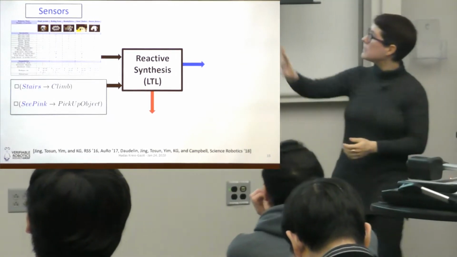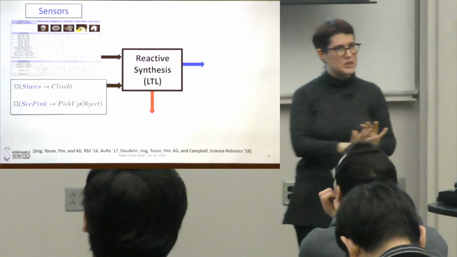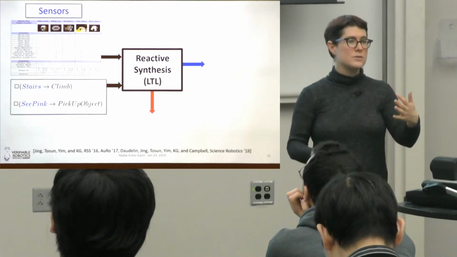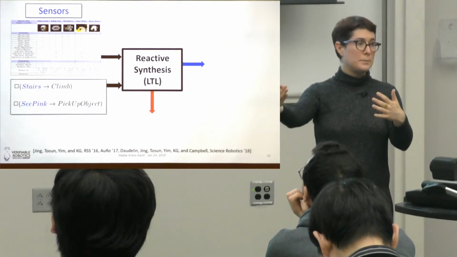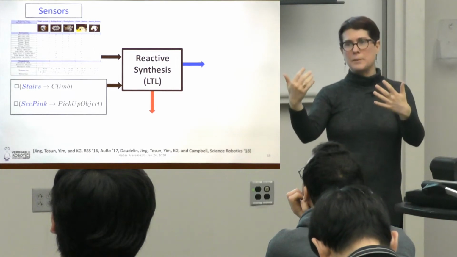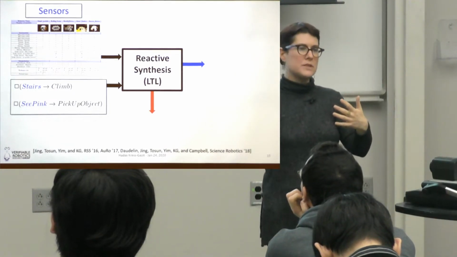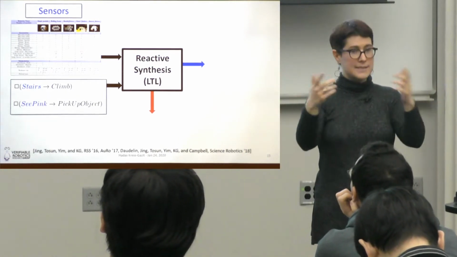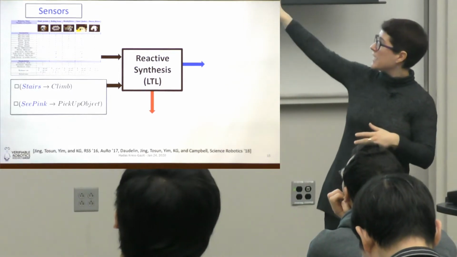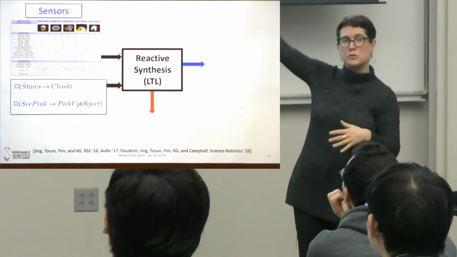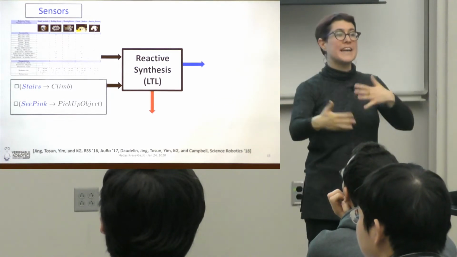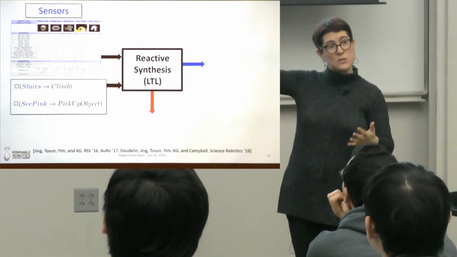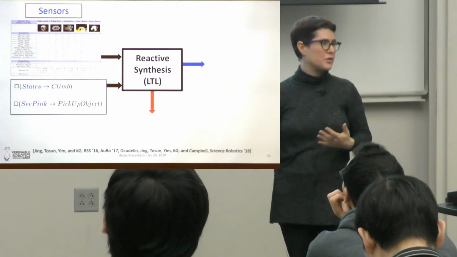And then we have a specification. In this case, it's in linear temporal logic. We'll get to that. I can write specifications such as: always, when you see stairs, you need a configuration that can climb. So I'm writing my specifications over the properties in my library. Typically there are multiple configurations and gates that satisfy this property. So now this is my specification. If I see stairs, I have to use a configuration and gate with climbing abilities. If I see pink, I want to pick up an object. That is a requirement. Things in blue are sensor information. Things in black are properties over the actions.